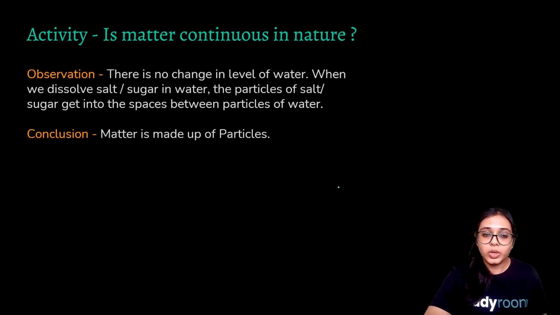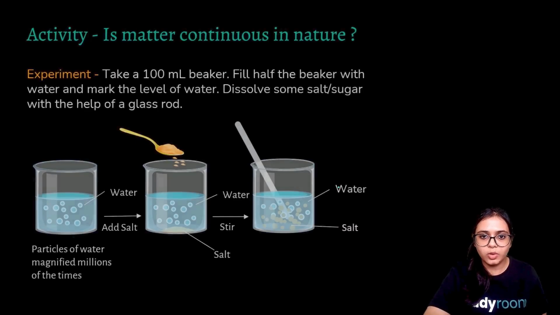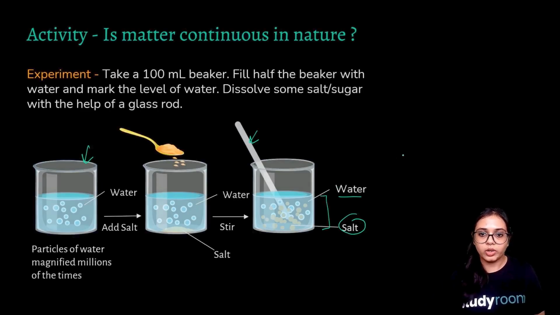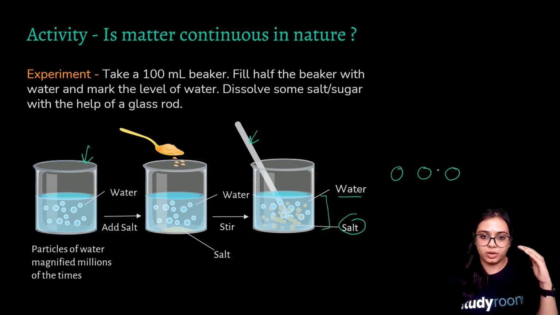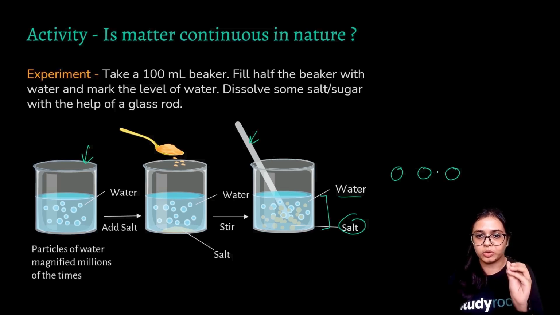Water. So we conclude that matter is made up of particles. Let's go again to this diagram. What we observe is that water has particles, okay? And we are concluding that since the salt or sugar is not visible to the naked eye, nor has the level of water risen, so these particles of salt or sugar, these granules, they must have gotten in between